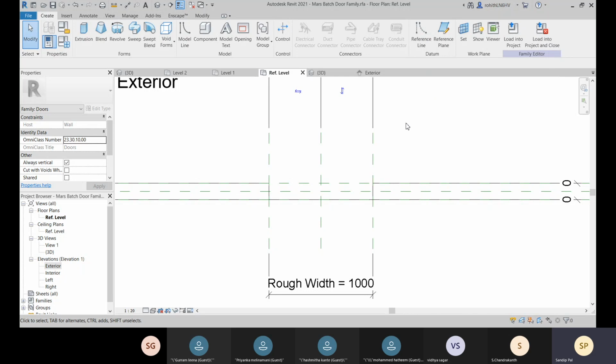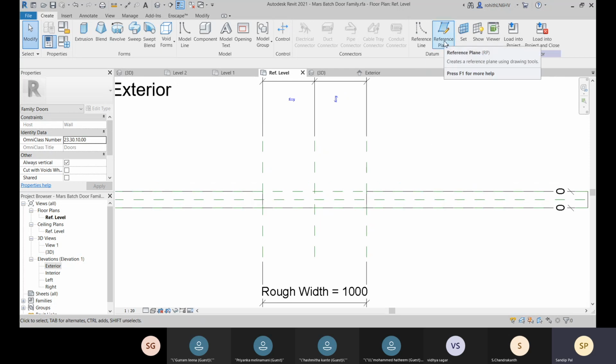Okay, so about reference plane, we will be creating a plane to draw our models. To create our models, we will be creating a reference plane, and according to the reference plane, we can assign our model. We can work according to our reference planes. So that will be easier for us.